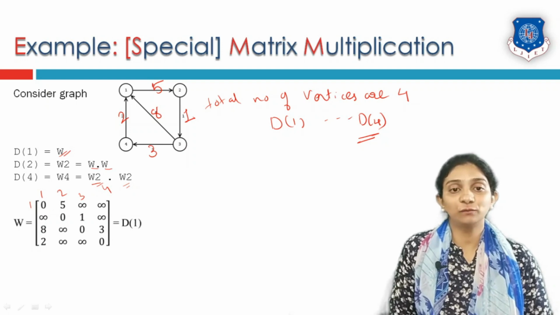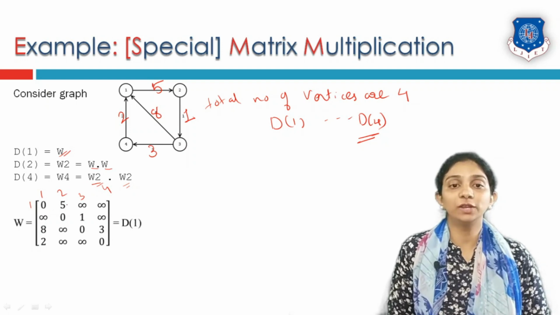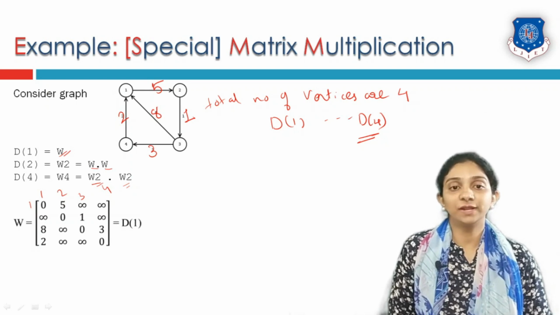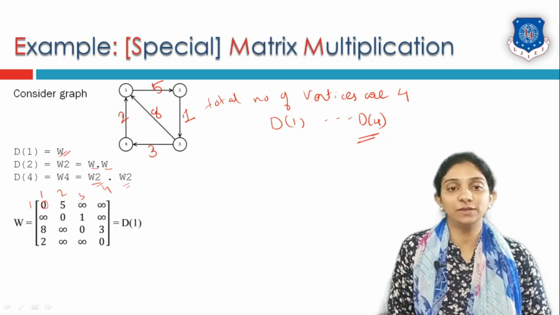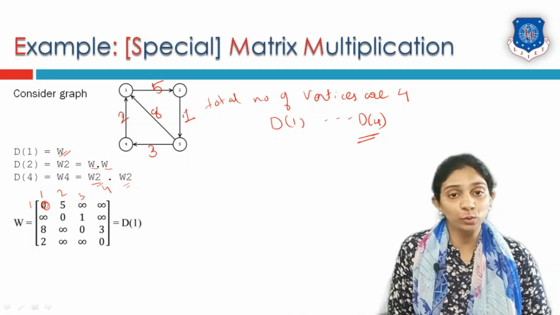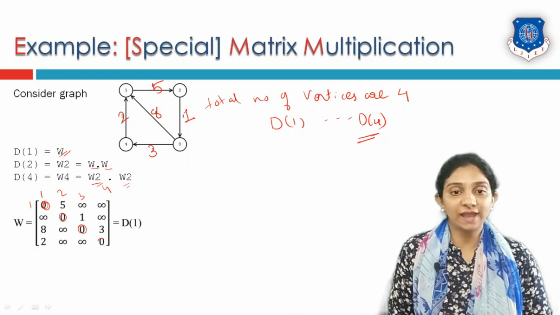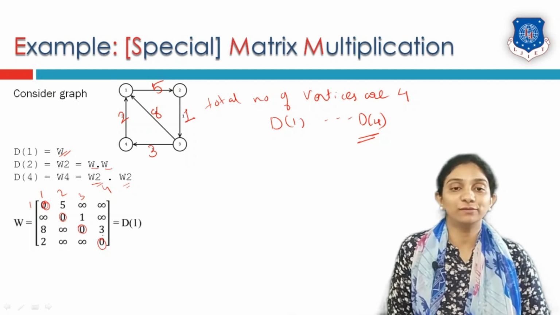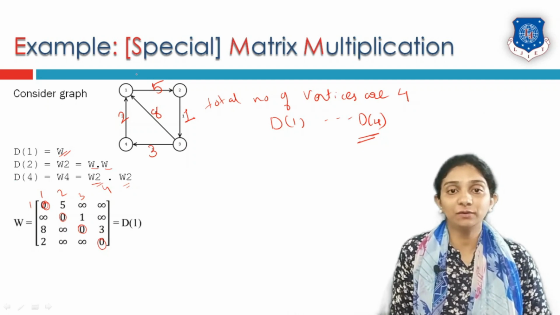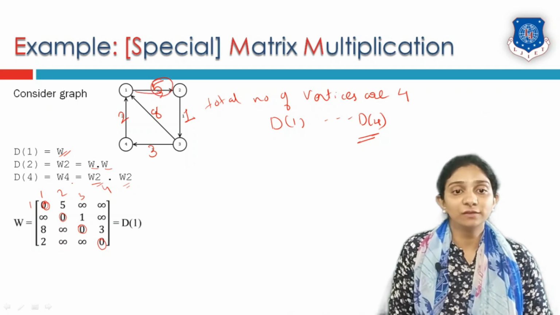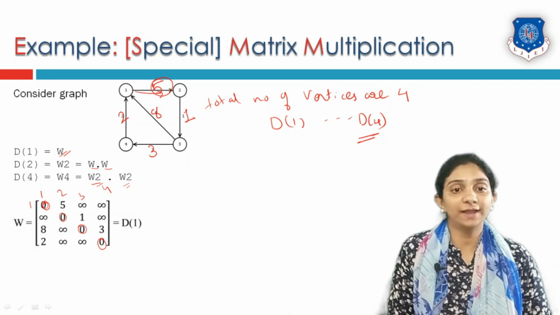If an edge from one vertex to another vertex is present in the graph, we are going to write its weight. So from vertex 1 to vertex 1 the value is 0 as per the weight matrix rule. From vertex 2 to vertex 2, vertex 3 to vertex 3 and vertex 4 to 4, all values are set to 0. Now, is there an edge from vertex 1 to 2? Yes, there is an edge from 1 to 2 whose weight is 5. So, for the cell in row number 1 and column number 2, the value is 5.